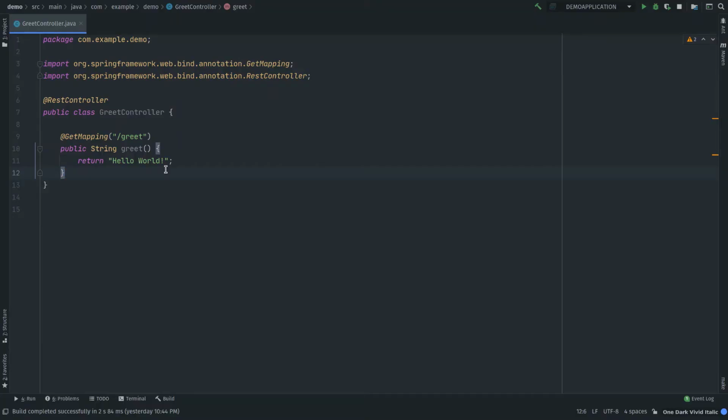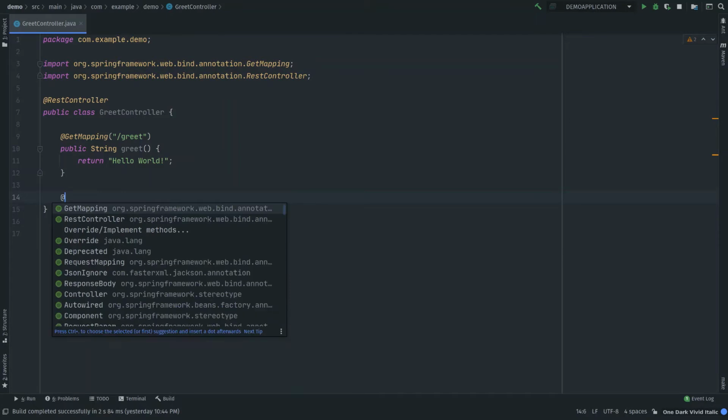In the last video we discussed how we can create a simple get method that takes a request at any given endpoint. For our case it was /greet, and how we can return back a simple string, right? So I want to take it a little further, and instead of returning a string, I want to return an object, right? Because that's what we're going to do in a practical scenario. But before that, let's also look at another way of serving a get request, and that's from a different annotation